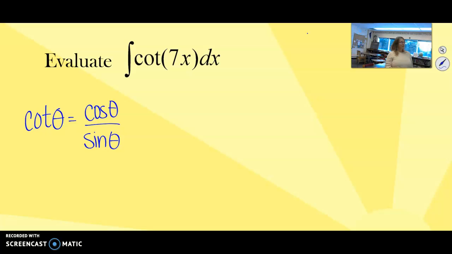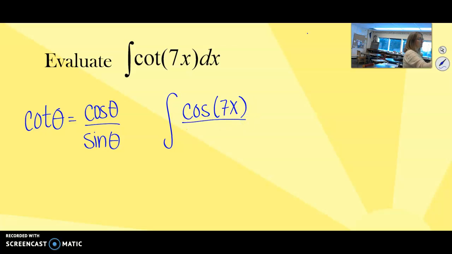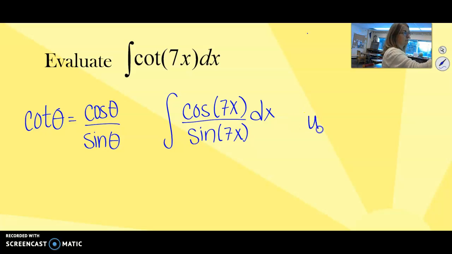Okay, so if you don't know your identities very well, that's something that we'll have to work on. But let's rewrite this integral as, instead of cotangent, cosine of 7x over sine of 7x, keeping 7x as our argument. And now we have to find something to substitute. We're going to find a u that when we take the derivative of u, we get something that's part of the integral. So look at this and think to yourself what that might be, and hopefully you're picking